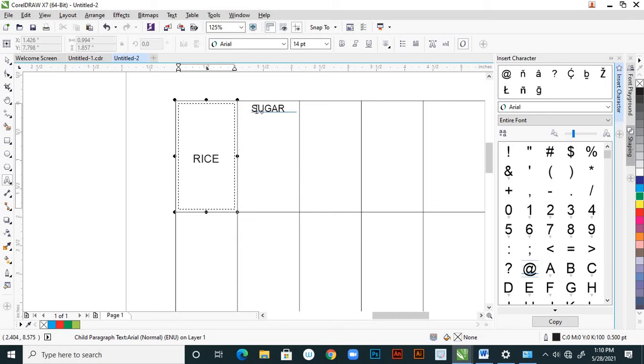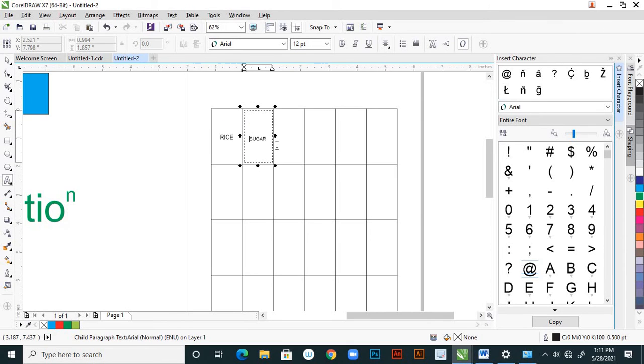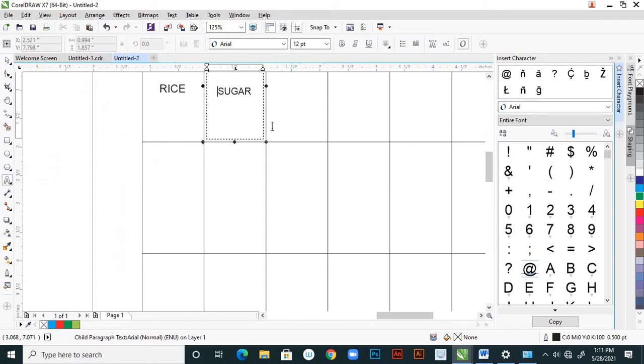So make it center if you want. I'm applying enter, right? Yes. So this way you can fill whatever you want.